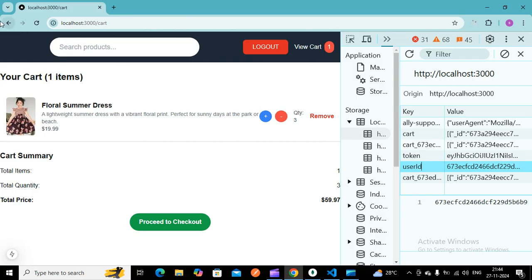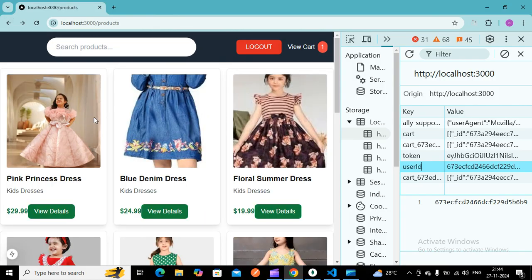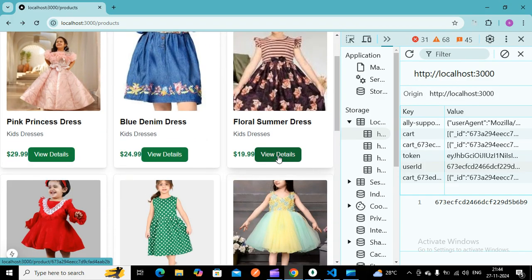For example, I go to this particular cart item. So here you can see this floral summer dress is having that particular cart information. So here I have to go to this particular view details. Once I click this, it goes to this particular user ID details.